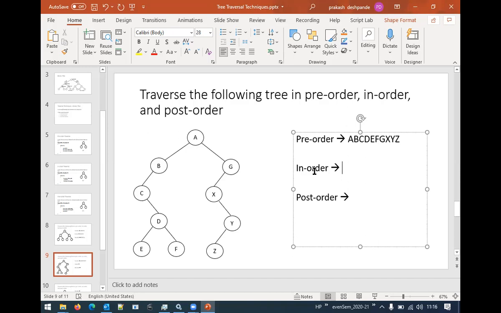What do we have? G. Now is that G a root node? Yes. What should we do? Left of that. What is there on the left of that? X. Is X a root node? Yes. So where should we go now? Left of that. Is there anything on the left of X? No. Since there is no left on the X side, what should we do? Middle. What is middle there? What is root? X. So we get X. Following? Now, X we did, right? Left of this there was nothing. So middle part, that is X, we read, visited.